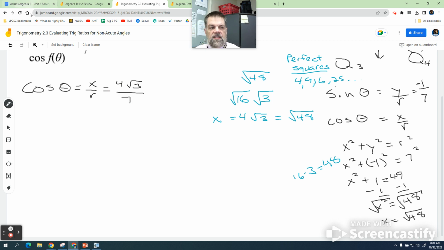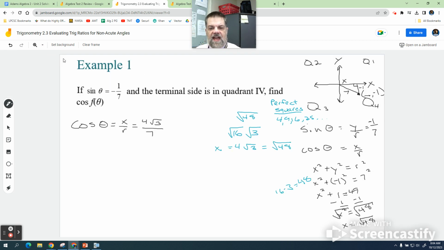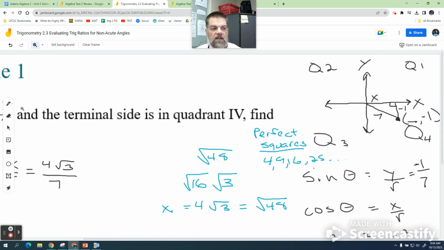Now the only thing that we want to do is double check at the end and make sure that x is actually a positive value. In other words, what I want to make sure is, will this work? Can x be a positive 4 root 3? And the answer is yes. You always want to double check that because sometimes you'll need to switch it to negative. In other words, if it lived over here in quadrant 3, I'd have to change that to negative 4 root 3. So we got to think about that. The calculator doesn't